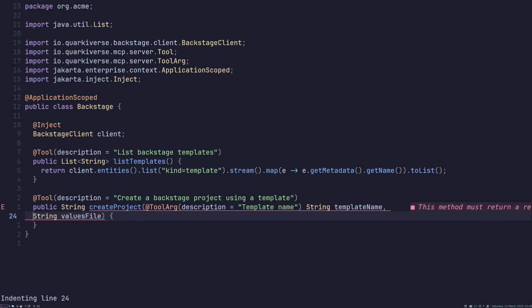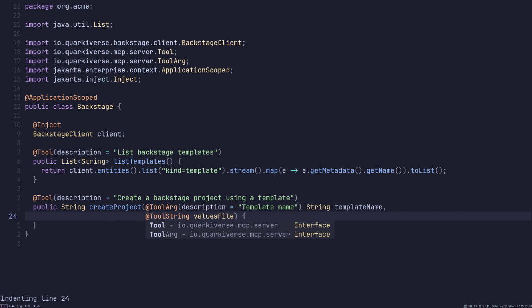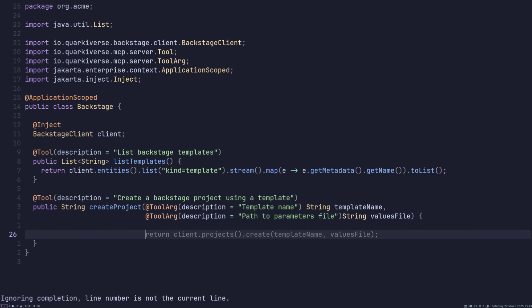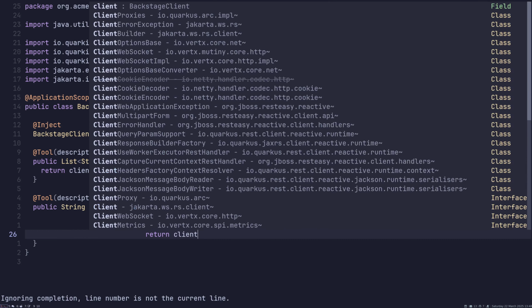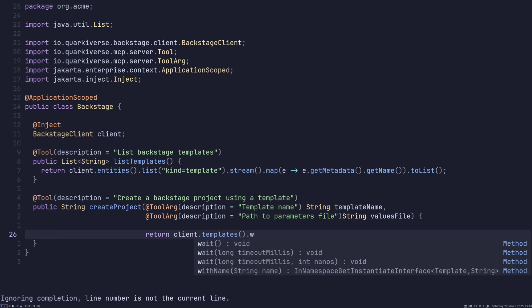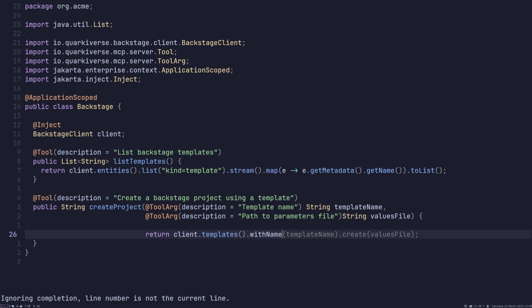And I will also need an additional tool arg with a description, path to parameters file. And now what I'm going to do is use the client, return client templates with name, template name,